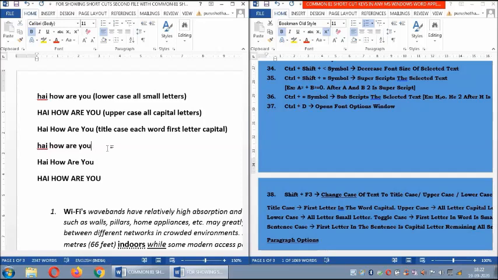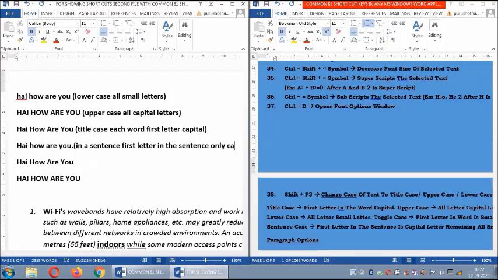If you keep the full stop, that means the sentence is completed, then it changes to sentence case. In a sentence, only the first letter is capital.